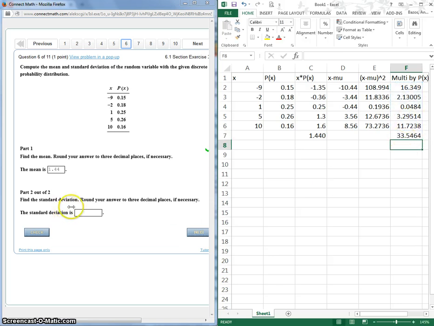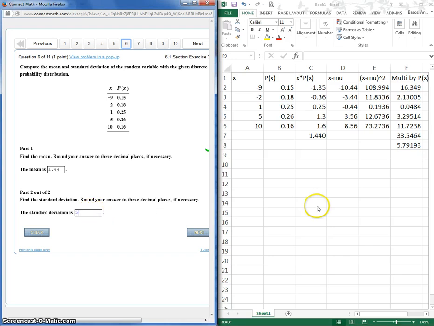There's my variance, but I wanted the standard deviation, so what do I do to this previous thing? I square root it. So equals square root of this cell, and enter. And there's my standard deviation, rounded to 3 decimal places,